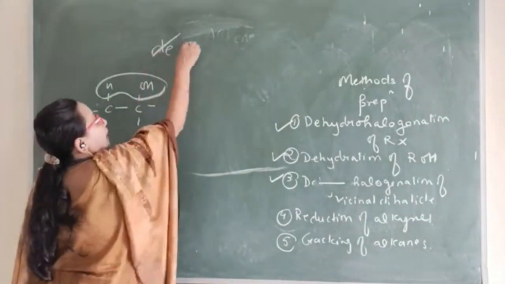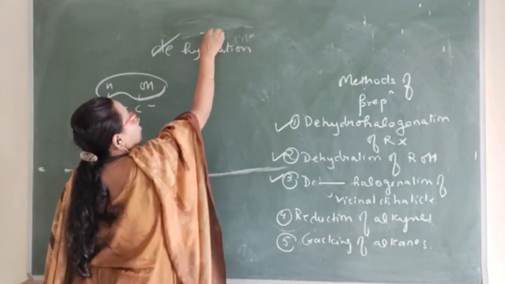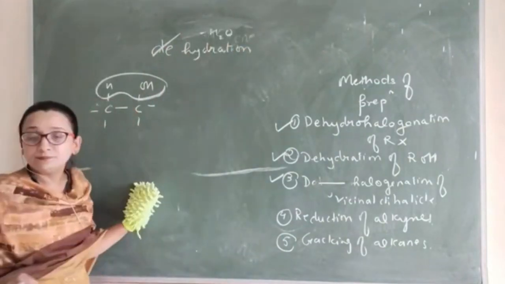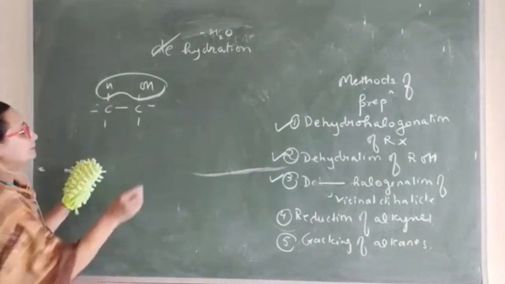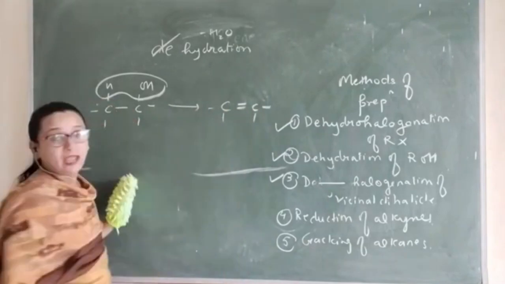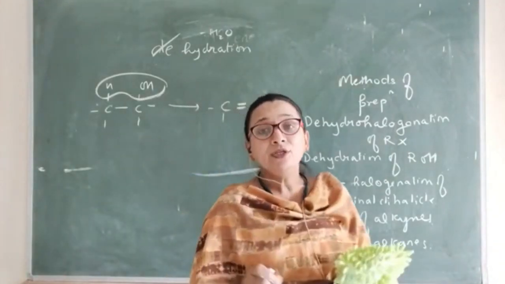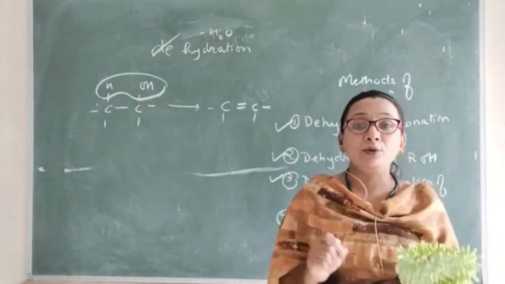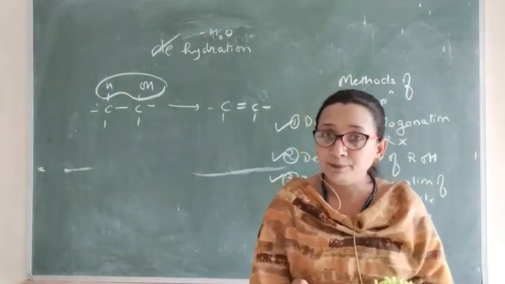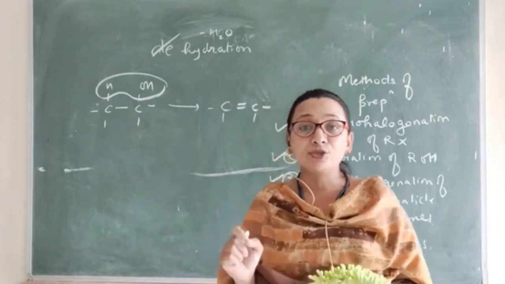Removal of hydration, meaning removal of water, we are going to do. Dehydration. And what am I going to get? I am going to get nothing but elimination, and I am going to get nothing but alkene. Again, जितनी डिटेल में हम dehydrohalogenation of alkyl halide पढ़ेंगे, उससे थोड़ी कम डिटेल में हम पढ़ेंगे dehydration of